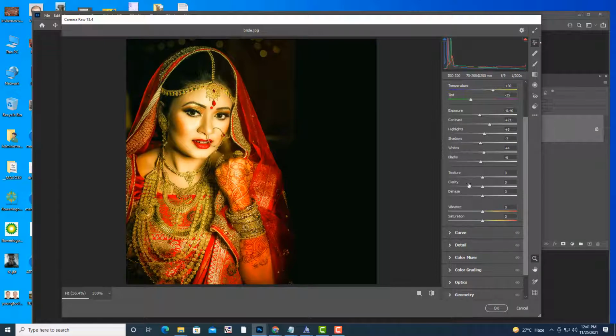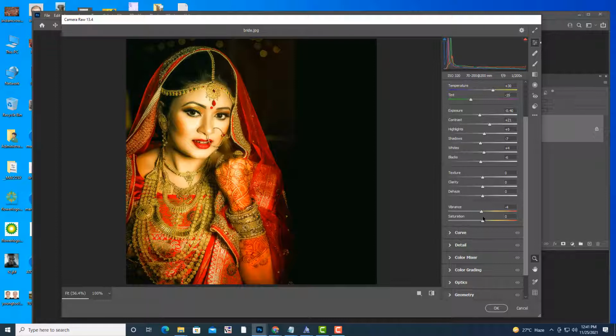See here, vibrance. What is vibrance? Vibrance means naturality. If you want to give a natural look to the image, you have to increase vibrance. Don't increase it too much. The exact meaning is, normally all our skin colors are brown. Even foreigners have brown skin, light brown.